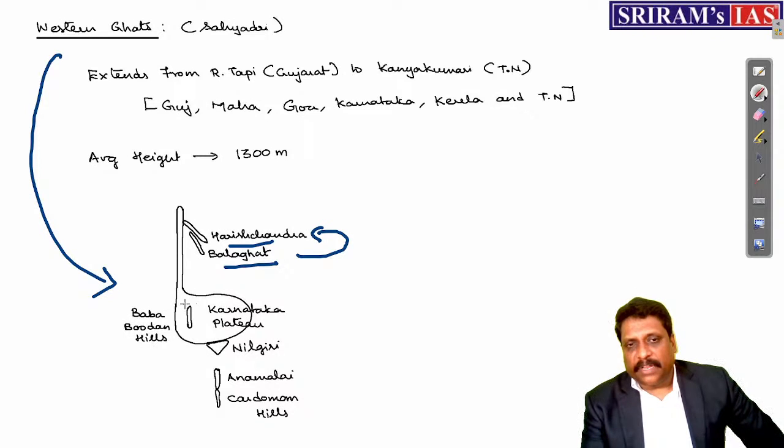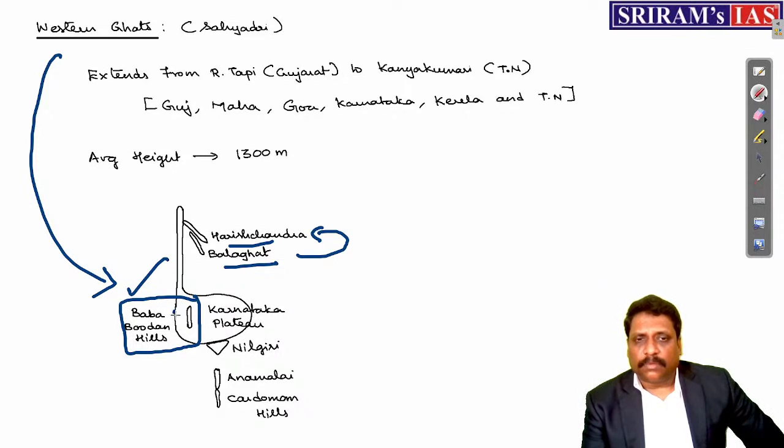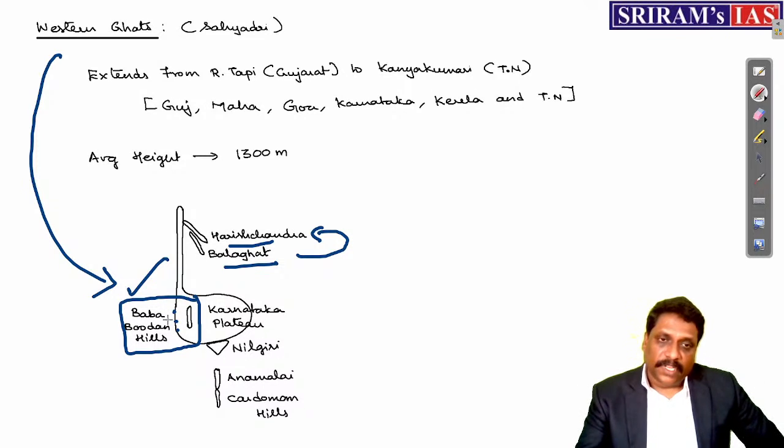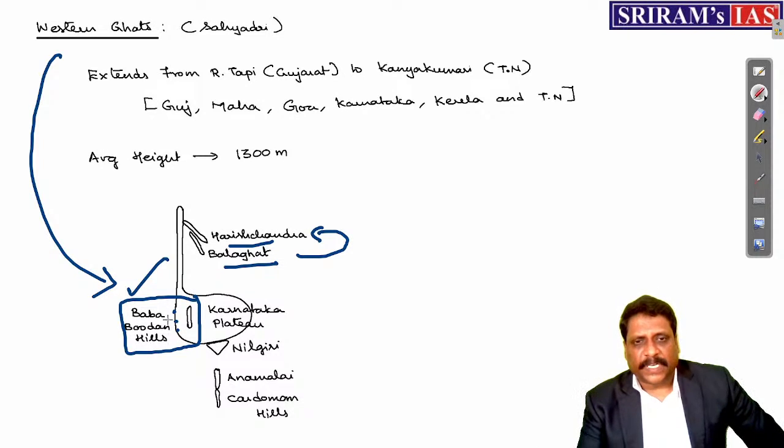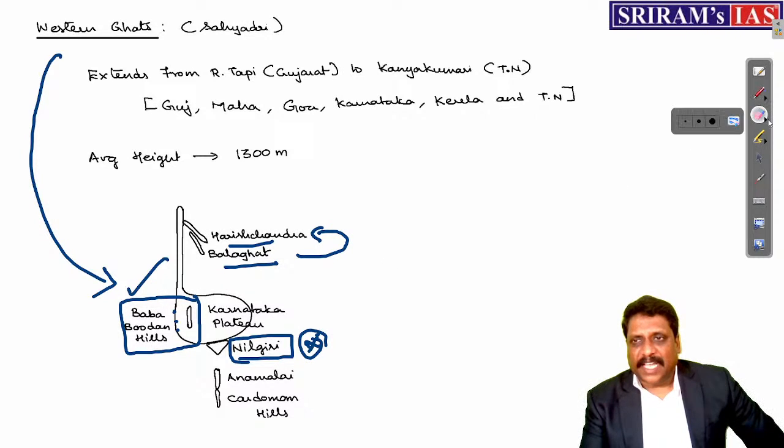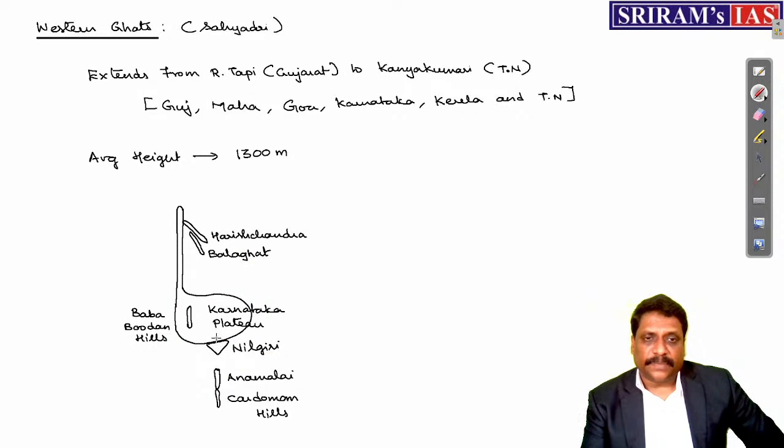Whereas if you are in Karnataka, my dear friends, you find one very important mountain, Baba Budan Hills. This is the mountain where the coffee plantation was first planted. Baba Budan himself planted this coffee plantation in Baba Budan Hills. That's the reason today we call this mountain Baba Budan Hills. Right. And just south of it, you have a very important mountain, the Nilgiri, the Blue Mountains, exactly at the tri-junction of three states: Karnataka on one side, Tamil Nadu on another, Kerala on another.